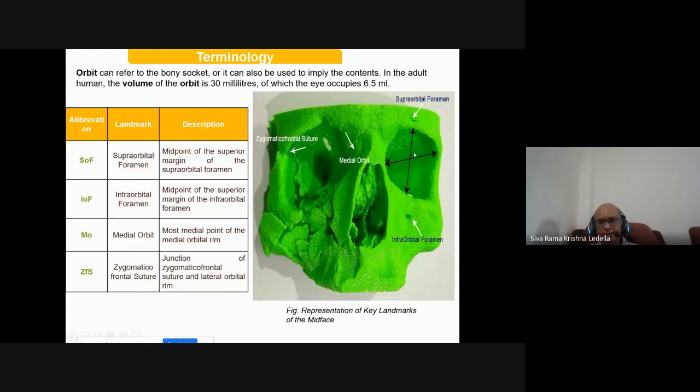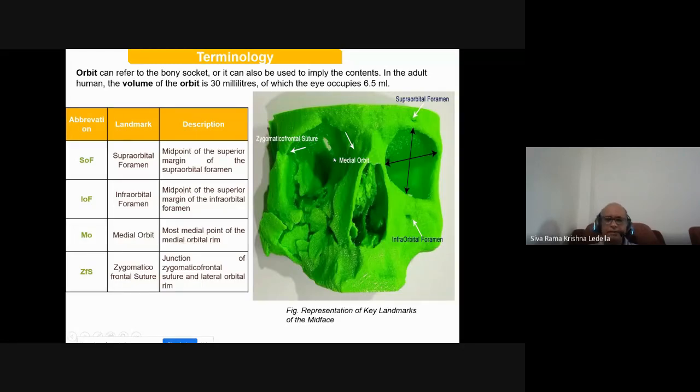So who is going to select the landmark points? Landmark points are going to be given by the doctor, not yourself, because we have not studied medicine. He has studied medicine. You are going to make the 3D model and give it to him. He will select the landmark points and tell us, on this contralateral side, this is the amount of volume. That means without fracture, the best part of the unfractured portion of the human face, this is the volume. After the operation, we have to restore it to that volume only. Then only you can say that your operation is a success.